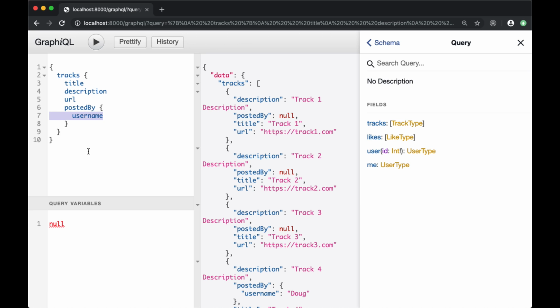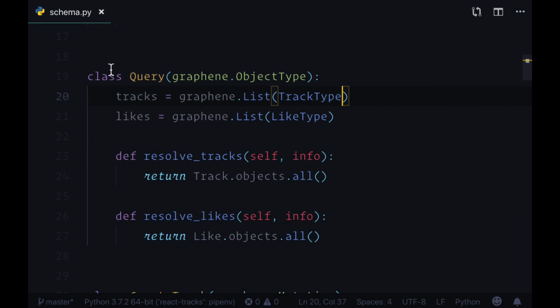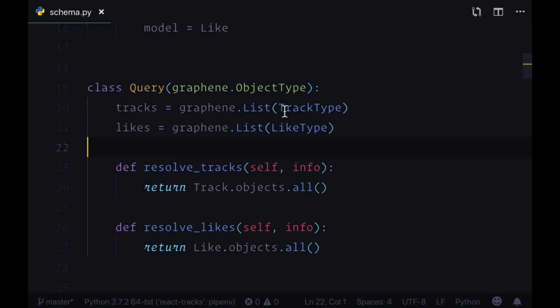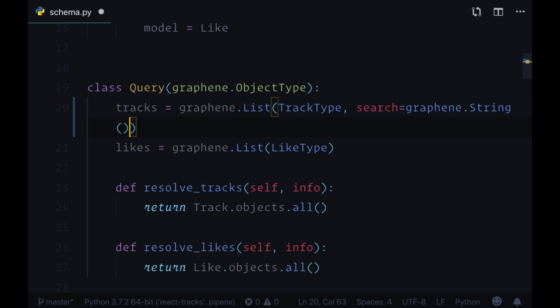So to add this feature, let's head back to schema.py in our tracks app, and on our tracks query in graphene.list, let's add a search argument. Now this is going to be set to graphene.list. We'll declare the data type as a string, and we need to change our tracks resolver to accept this